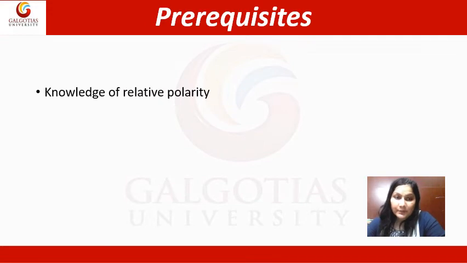I assume that you people have knowledge of relative polarity. Suppose I am telling you that I am going to use hexane in a chromatographic system, and then after 5 to 6 fractions, I will change the mobile phase from hexane to chloroform. So it should be clear to you that we are actually increasing the polarity of our mobile phase. Suppose I am going to use acetonitrile throughout the process, it means we are running an isocratic type of mobile phase chromatography in which I am using a polar solvent, right?